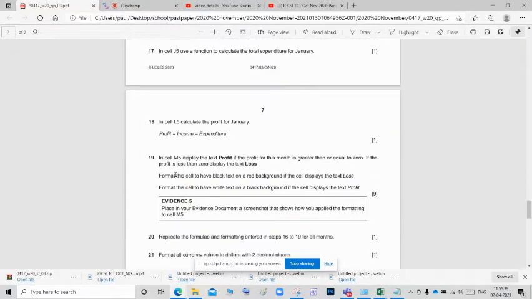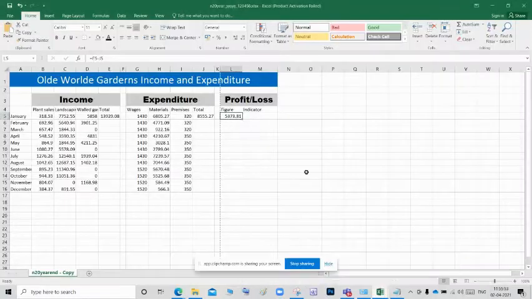Next, in cell M5, display the text profit if the profit of this month is greater than or equal to 0. If the profit is less than 0, display the text loss. What are they asking in M5? In M5, we want to display the text: if the figure is less than 0, the indicator should be loss.